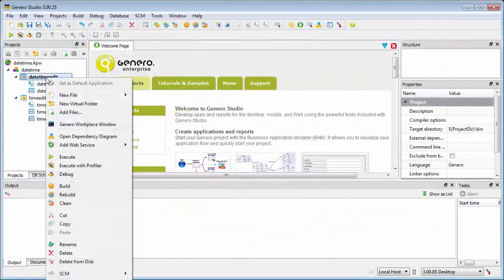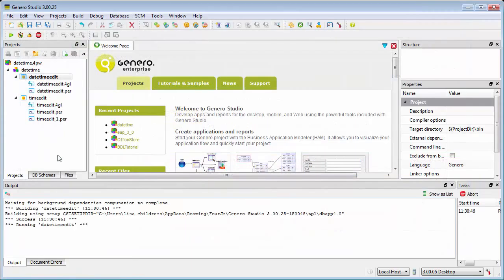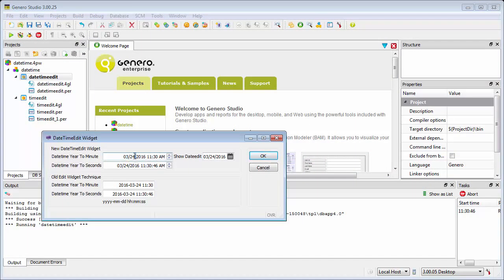For example, the Genero desktop client provides a spin button consisting of different sections representing the date, hours, minutes, an optional seconds value, and AM/PM. To change the date or time, the user clicks a section and uses either the mouse, keyboard, or spin button to increase or decrease that particular value.